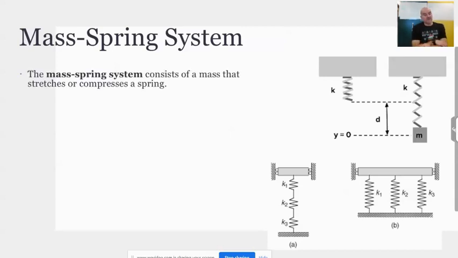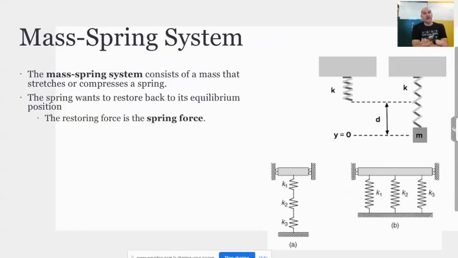All right. So a mass spring system consists of a mass that will stretch or compress the spring. The spring, again, wants to restore back to its equilibrium position. And so one thing that you need to really focus on in the mass spring system and the pendulum is what is that restoring force? In this case, the restoring force would be the spring force. And if you remember when we talked about forces, the spring force is F equals negative Kx,